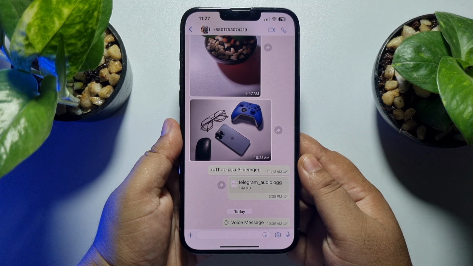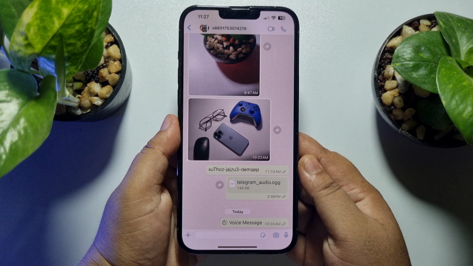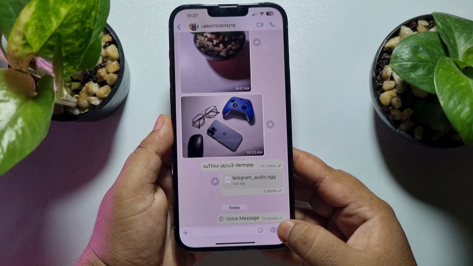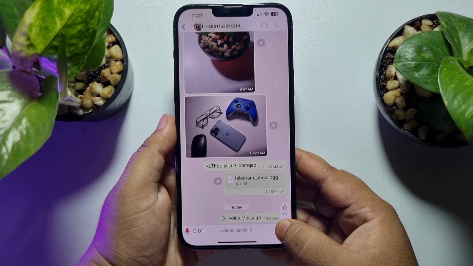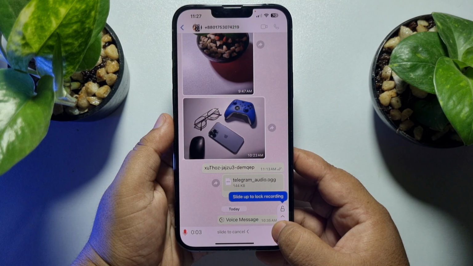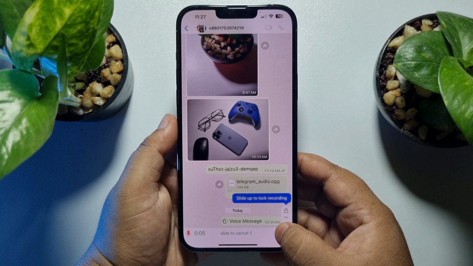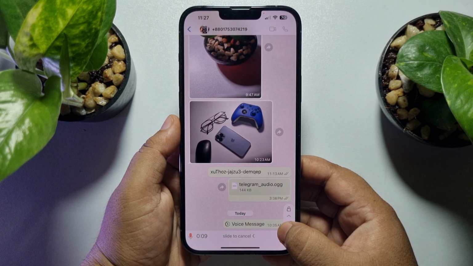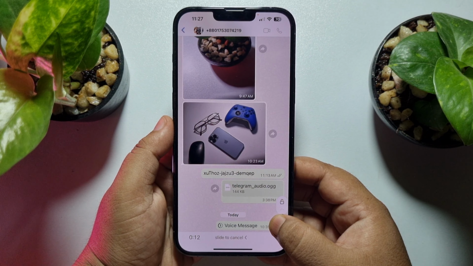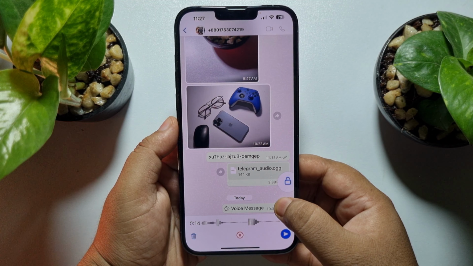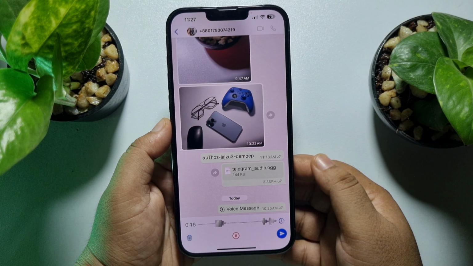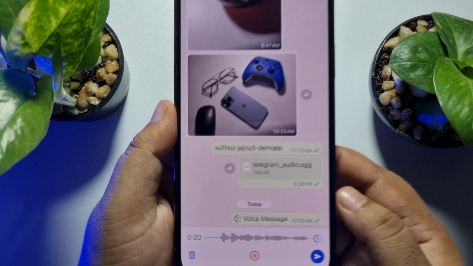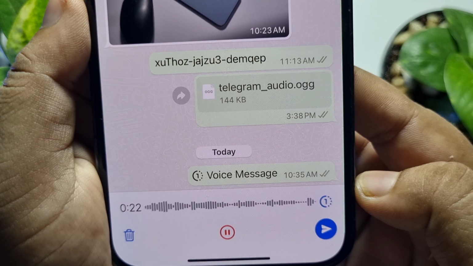Now at the bottom right here you'll find this microphone icon. Just tap and hold the microphone icon to record your voice. Now record your voice and then you have to lock your voice recording. Just tap and swipe up, and here you will see your voice recording successfully locked, and you will see this little one icon